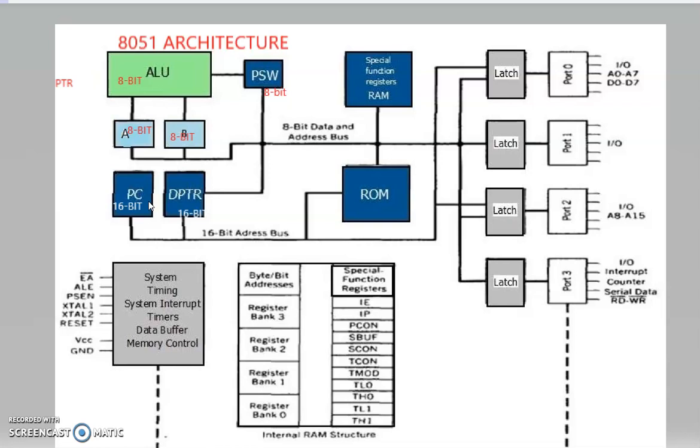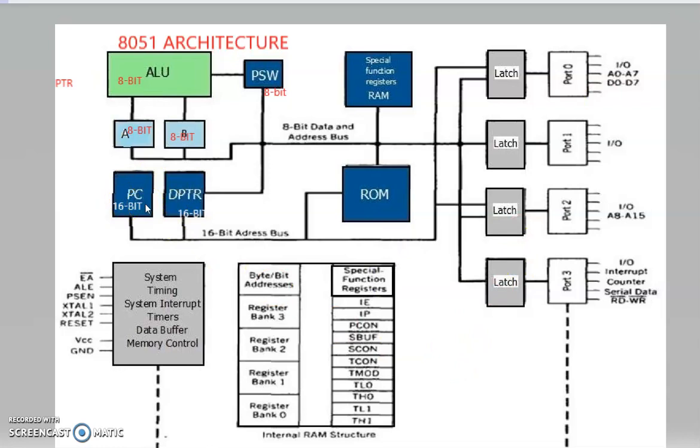This increment is done automatically by the processor. After every instruction fetch, the program counter needs to be incremented, and we are not doing it manually. The processor itself automatically increments to the next location after fetching each instruction, because a program is a set of instructions and it is executed sequentially. So after fetching each instruction, the next instruction is to be fetched. This is done by the automatic increment of the program counter.